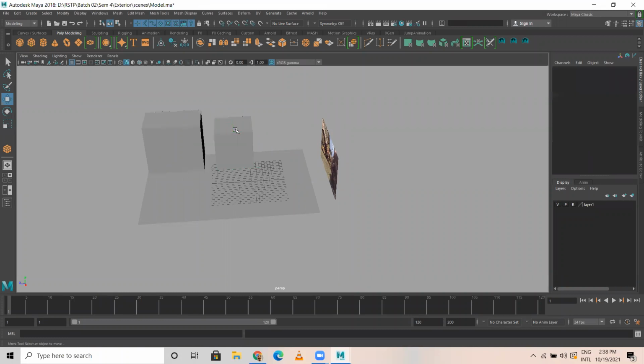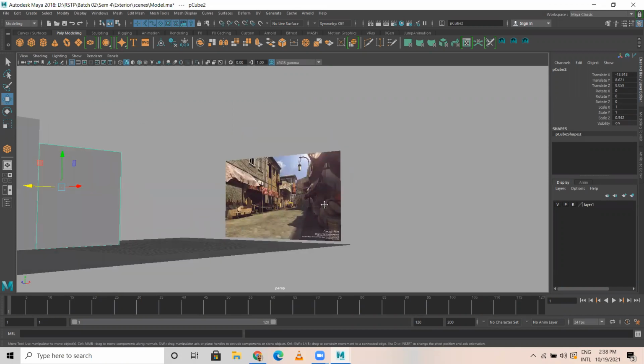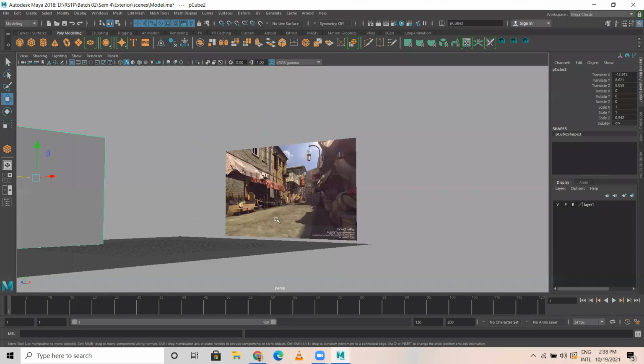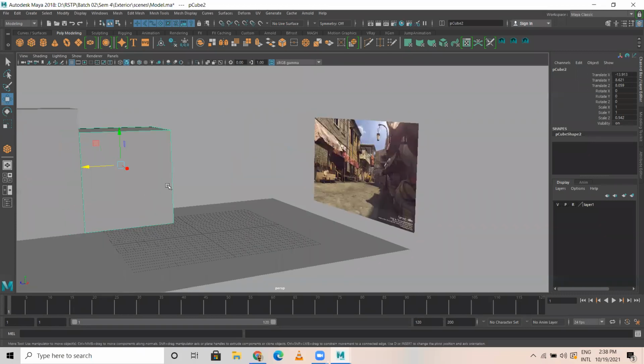Proportion, I just want to maintain the proportion. That's the reason, I'm just looking at this. I'm observing these things carefully. My first building is here, second building is here, third is somewhere over here like this. Okay, I need to work on the detailing part. Let me do third building. Let me create third building first.